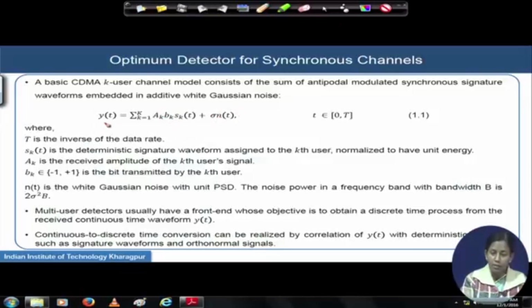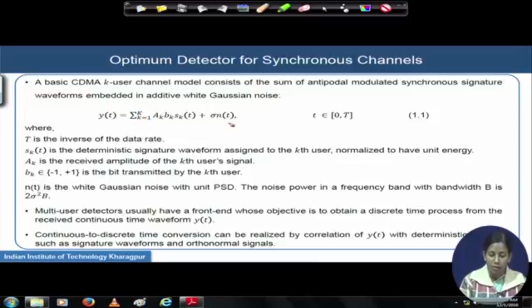So, the signal received at the front end of the receiver, if I denote it as y(t), will be a combination of the signals coming out from the different users. If I have capital K total users, I will get the sum of all those transmitted signals,